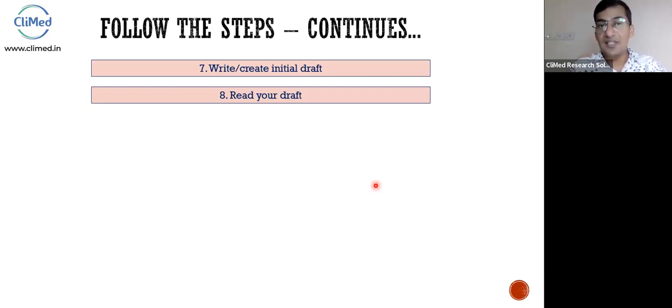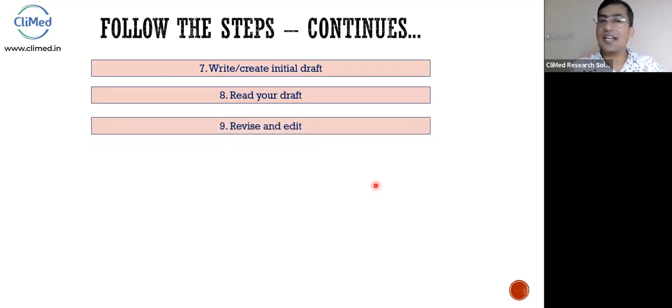Okay, and I will say read it again and again until you are satisfied. So that's there in the next step. Revise and edit, revise and edit. Revise and edit is not only the one step, but this is the cycle of steps. Repeatedly you have to do it. You have to revise, you have to edit, you have to revise, you have to edit until and unless you